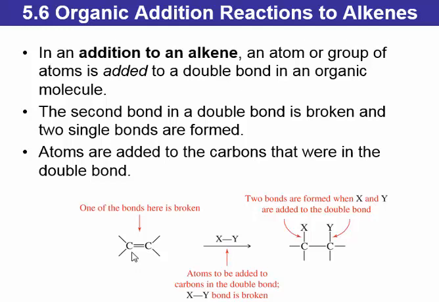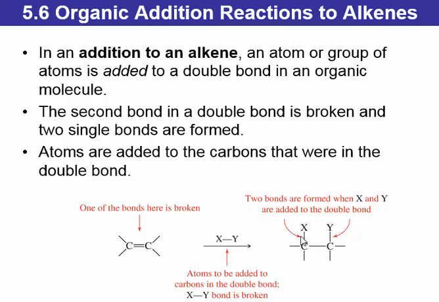We know that the reactive site of an alkene is the double bond, and a very typical reaction that alkenes undergo is known as an addition reaction. In an addition reaction, we have a molecule that has an X part and a Y part that adds across the double bond. And the two carbons that were originally double bonded to one another at the end of the